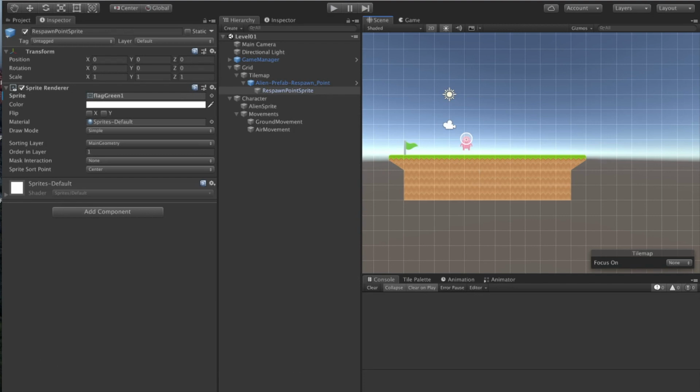Let's start animating our character. There are many ways to animate characters in Platformer Pro. It can support basic sprite animations, more complex sprite animations, 3D animations, third-party animation providers, as well as the legacy animation system. There's a lot of options. The basic concepts are covered in the documentation.